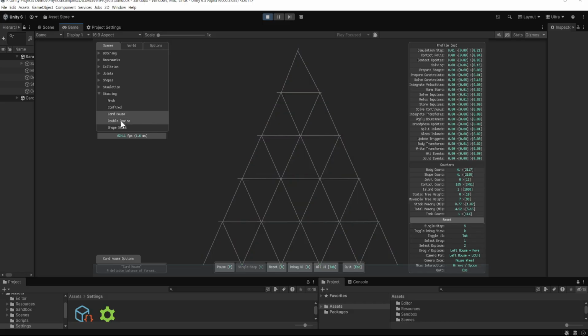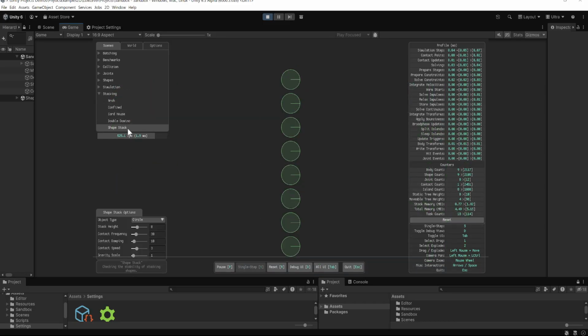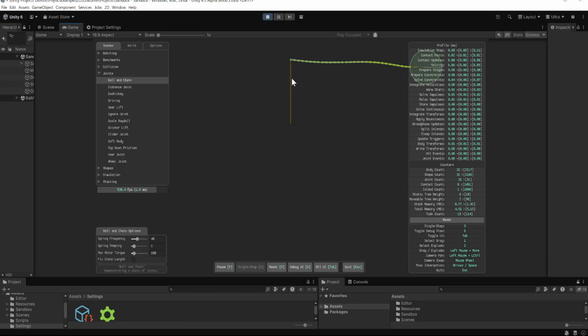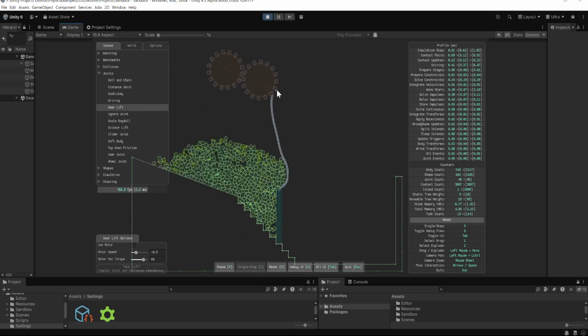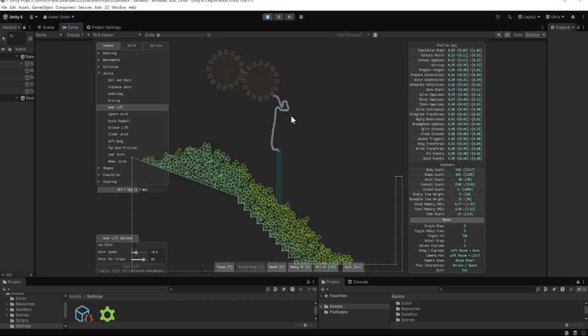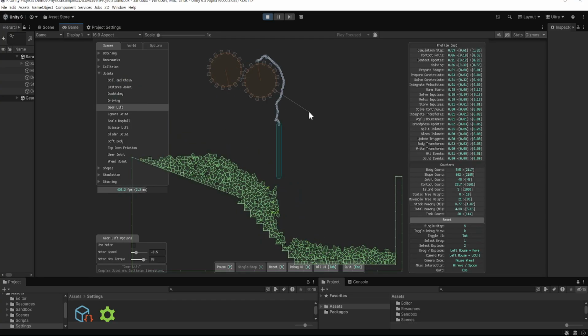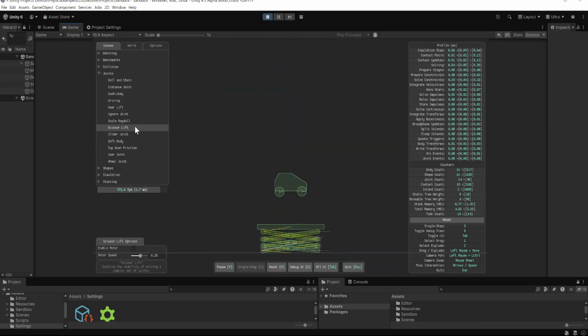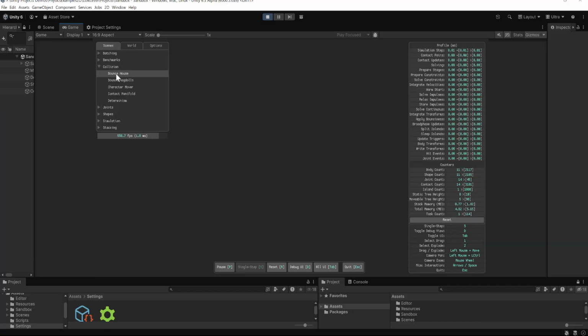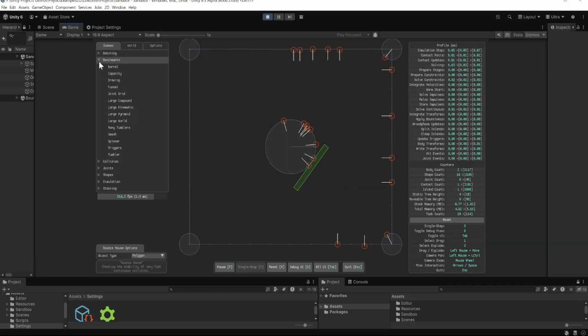Got card house, you can do double dominoes. There's a lot of nice little examples here. It's really good for creating really high performance and really accurate stuff as well. I love the fact that you can create a custom collider and custom gear and stuff. I was trying to see, there's one thing, maybe it's in here. Nope, maybe it's in